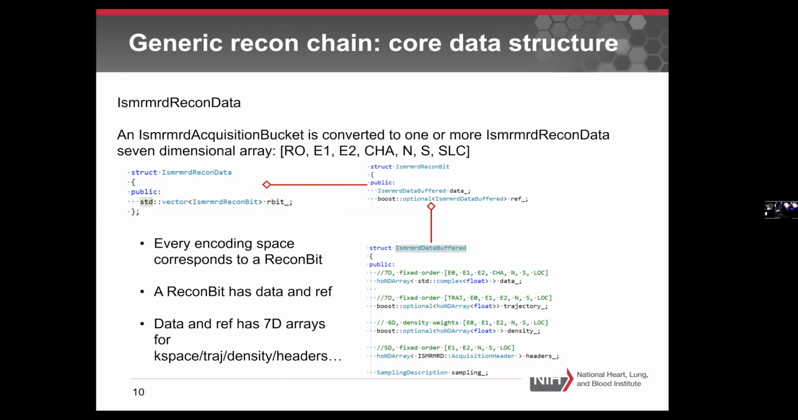So let's look at the key gadgets of this generic chain. The first one is the